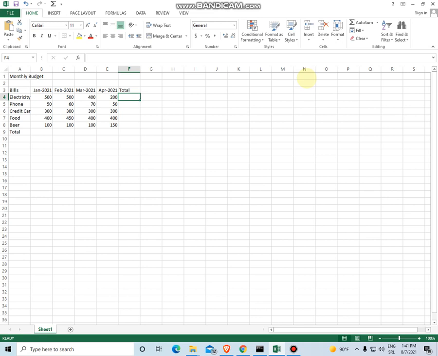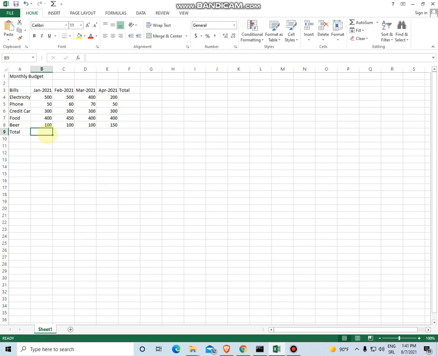I want to start out with a calculation that gives me the sum. We are going to do some addition here, to get the total for January, then the total for February, for March, and so on. You start your calculations with a specific character.